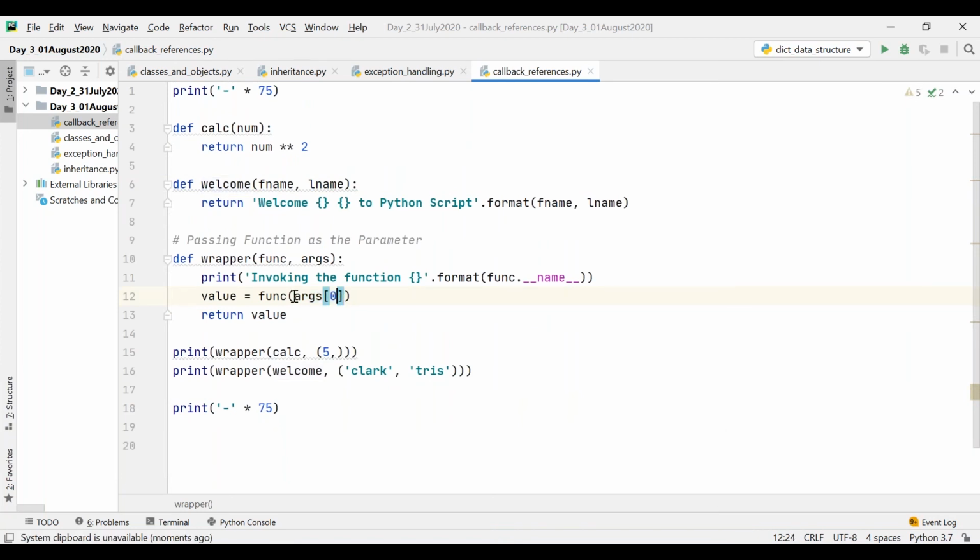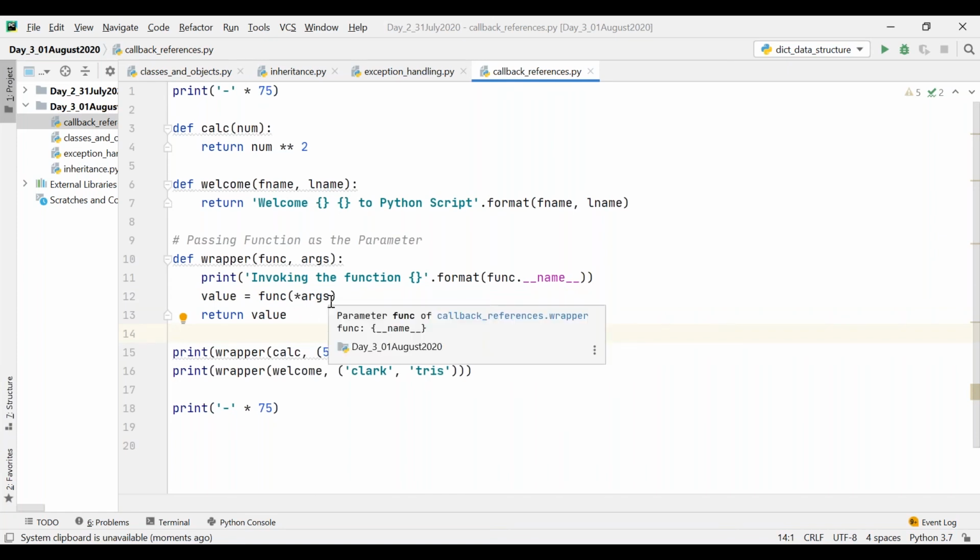Okay, so instead of writing like this, I can have something like star args. Remember, yesterday we saw any number of positional parameters called star args, right?